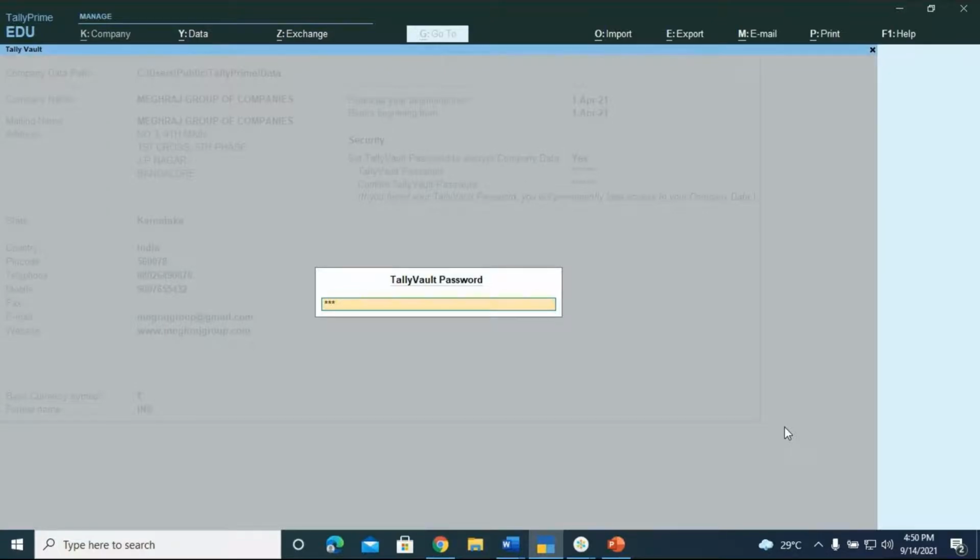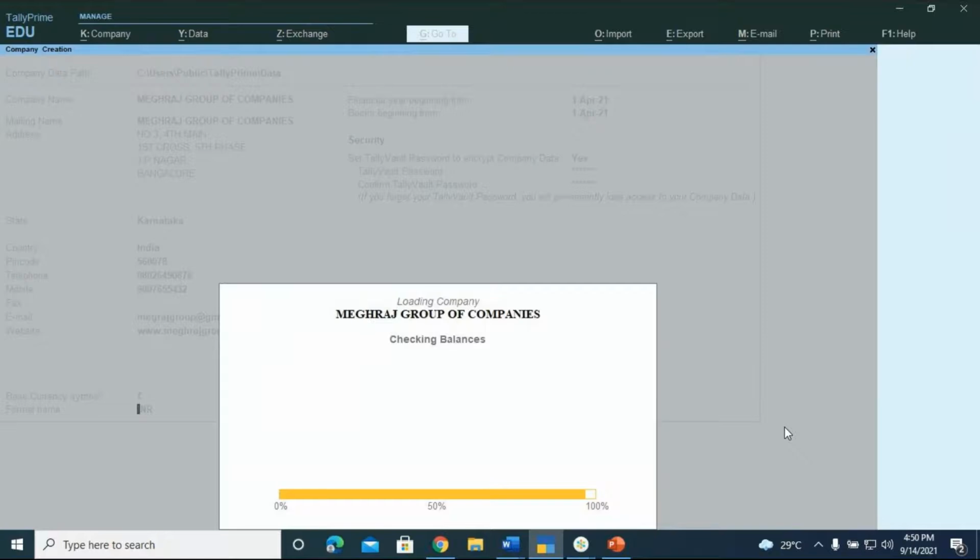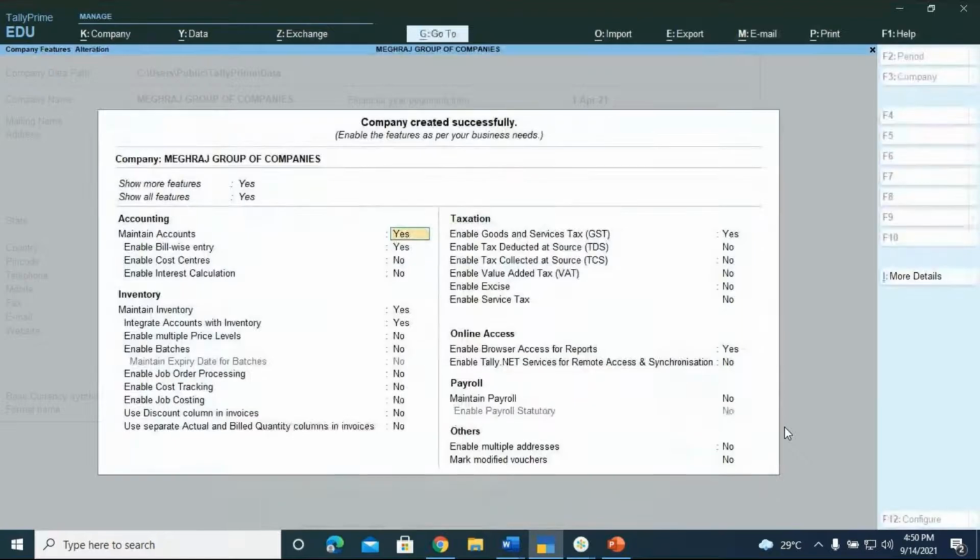So now whatever password I have given, can you see here? My company gets opened. And this is how the Tally Vault password is created for the company which has been created by me. Okay. Now